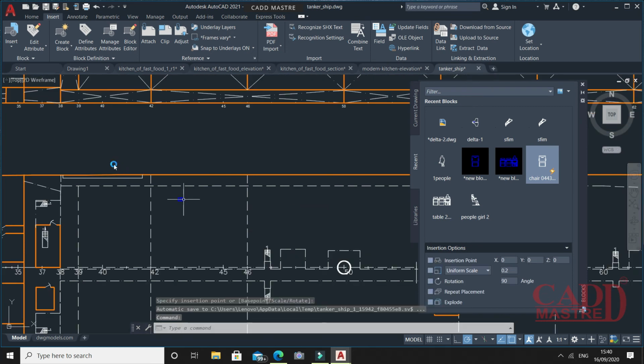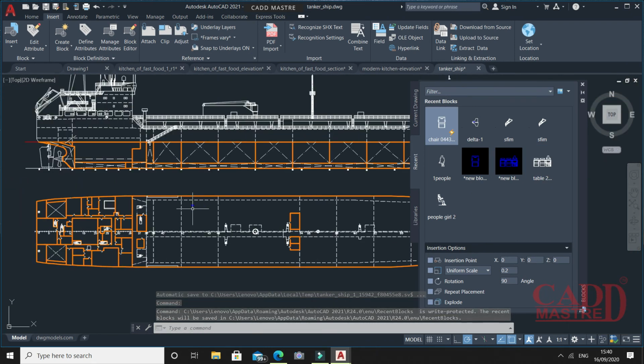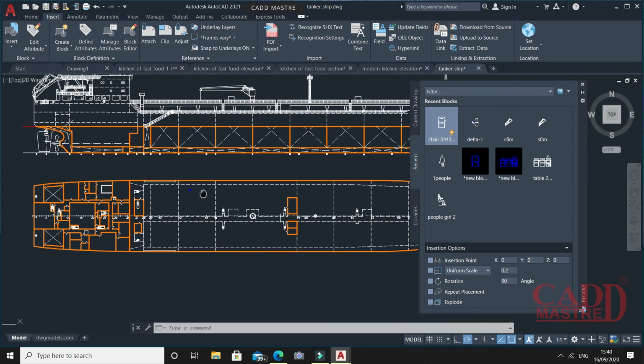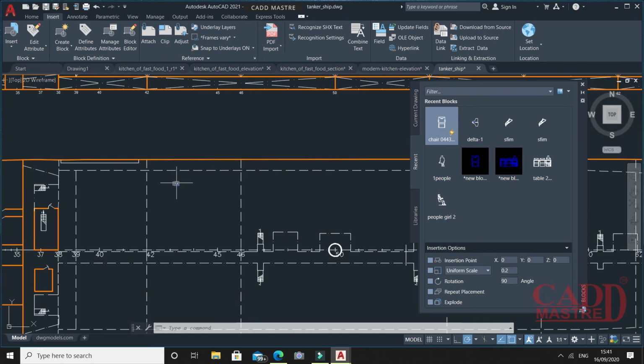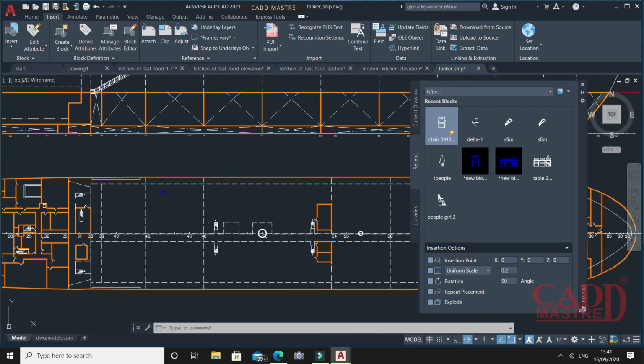So it is showing here the chair, but now if you want to insert the block with certain insertion options, like you want to rotate the object, you want to scale the object, or if you want to explode the block property, then you have certain options here called insertion options.